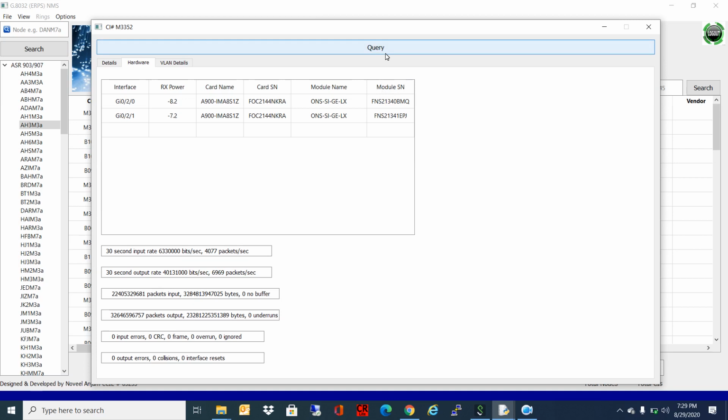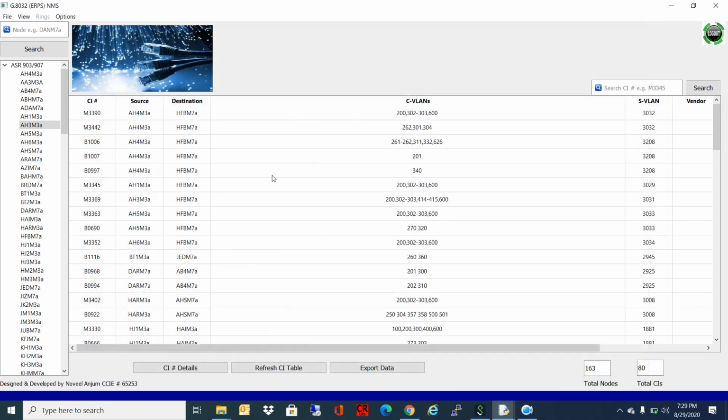So this is how the system is working. As I talked earlier, when the network management system is launched, it will log in into the devices and fetch the data. There are two methods which we can follow to log in into the devices. For example, if we have 163 nodes in the network and we log in into these nodes one by one, what will happen? There will be delay, and maybe it will take 1 hour or more than 1 hour to extract all the information and display.